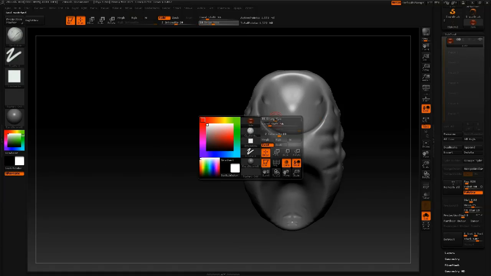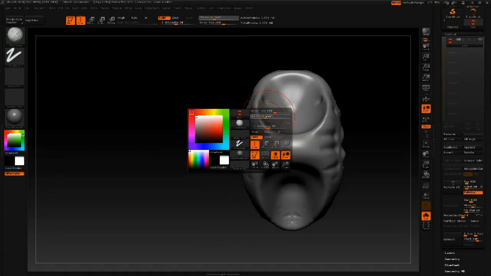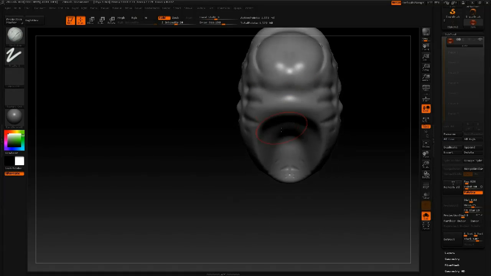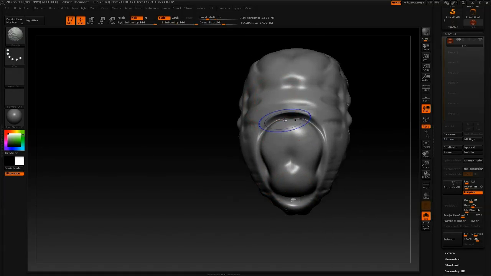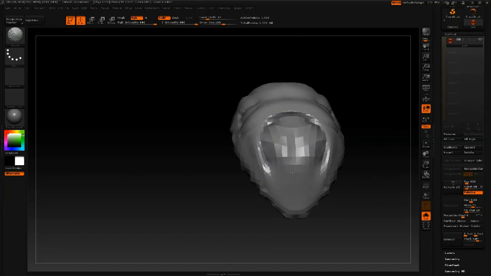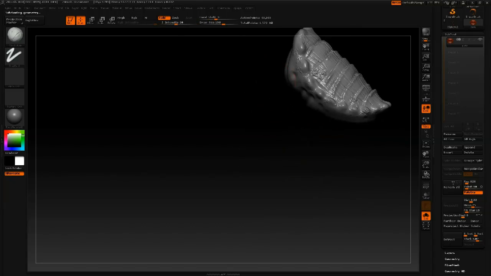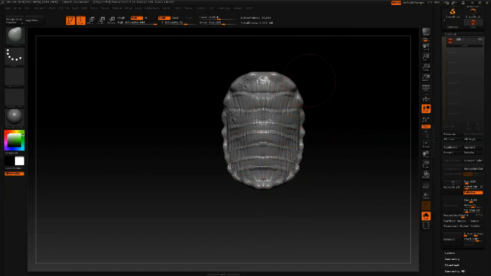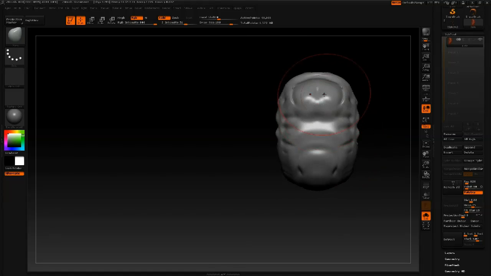So I'm coming back here now, and what I'm going to do is reduce the size of these big circles here. I feel like these are probably too deep, so I'm going to use the clay brush to fill these out, because on the underside of the stinger tail, these big hollow areas just really aren't working for me. And we'll just widen this so it's not quite as tapered. Just make a few little adjustments to it, just based on how it looks once we import it in as